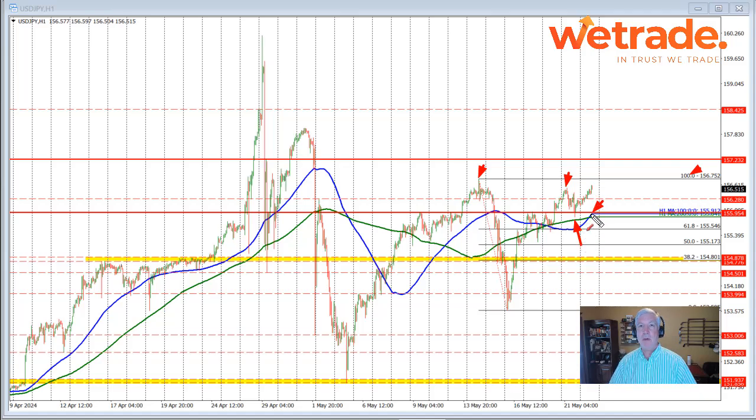It's going to take a move below both these moving averages to increase the bearish bias in the dollar versus yen. If you can't do that, then the buyers still remain in control. I'll have earmarked this level here at the 156.28 as a level of interest from a technical perspective, at least